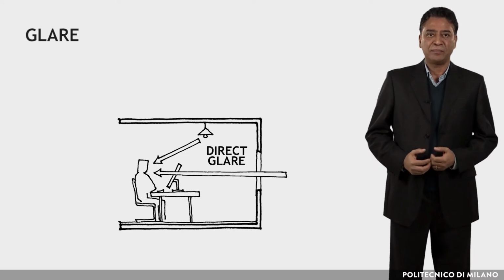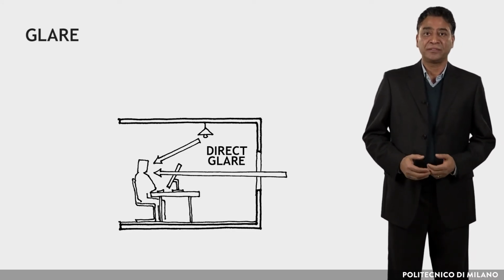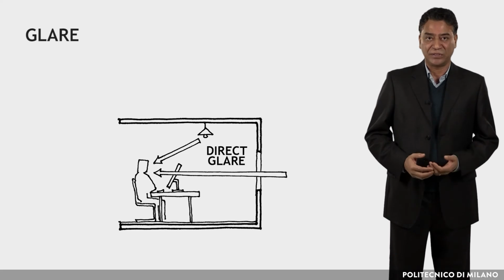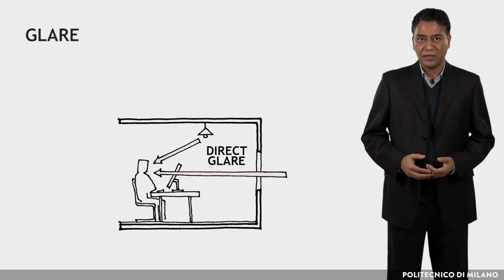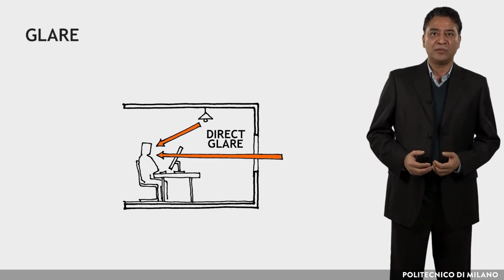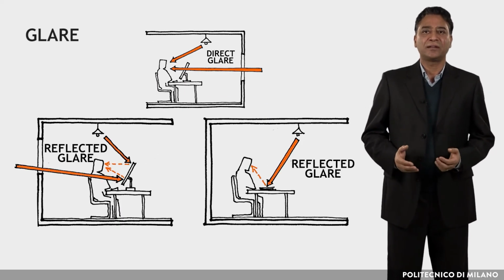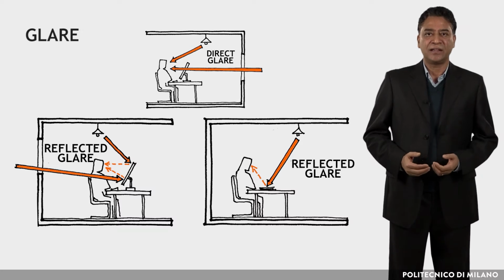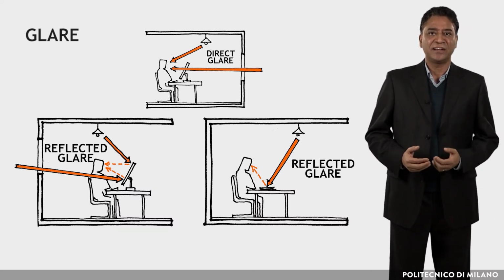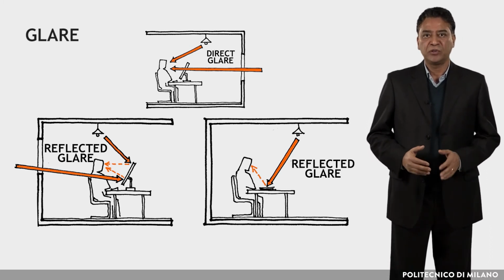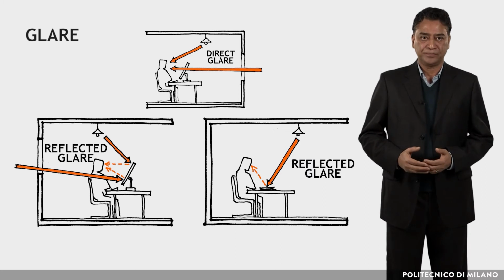The direct glare depends on the characteristics of the space and of sources, either natural or artificial, directly in the visual field of a person. The reflected glare is caused by shiny surfaces reflecting in the eyes the image of light sources, and it happens when the incident angle of light on the horizontal work plane falls into the view angle of the observer.